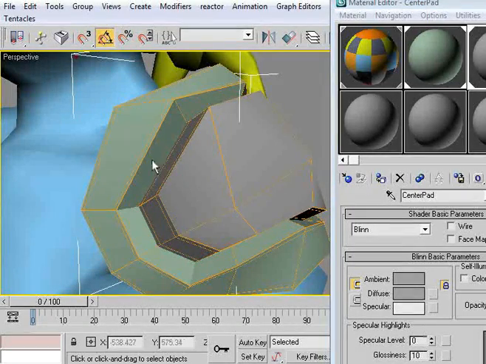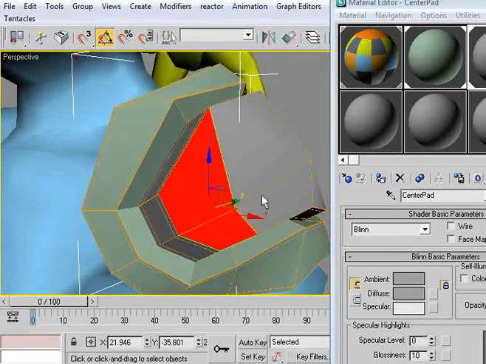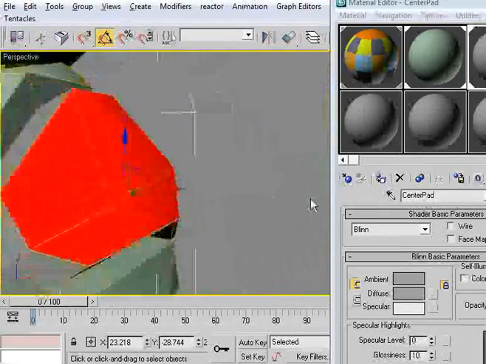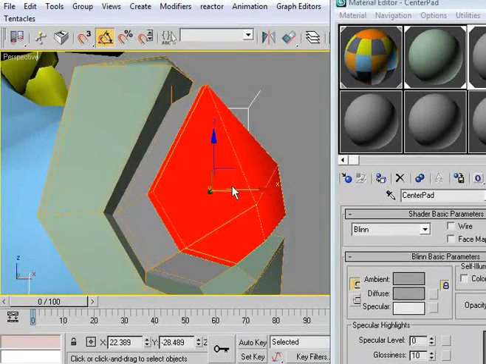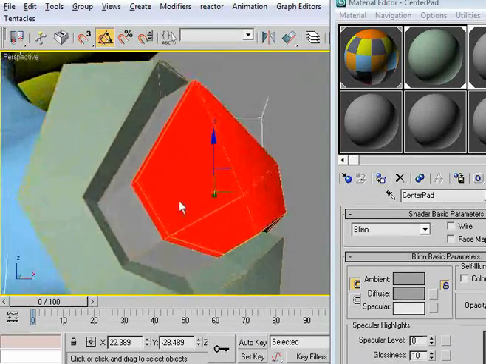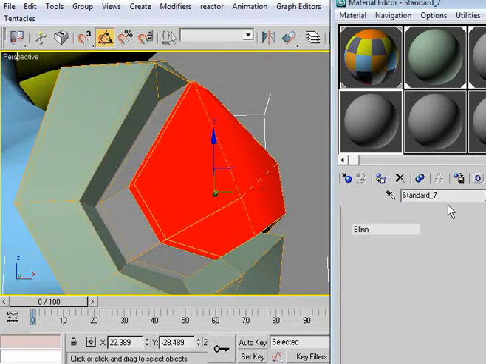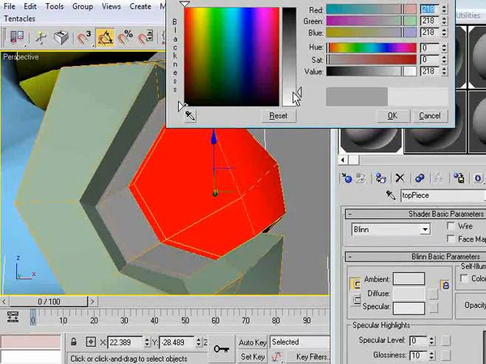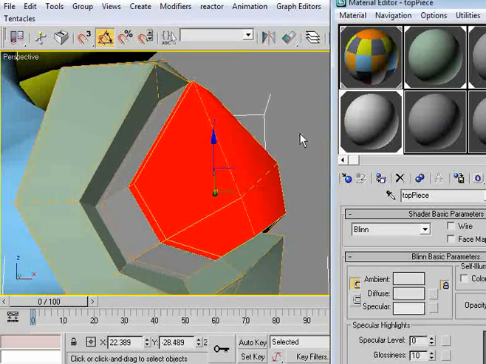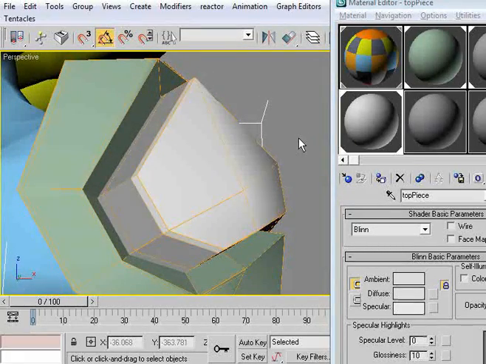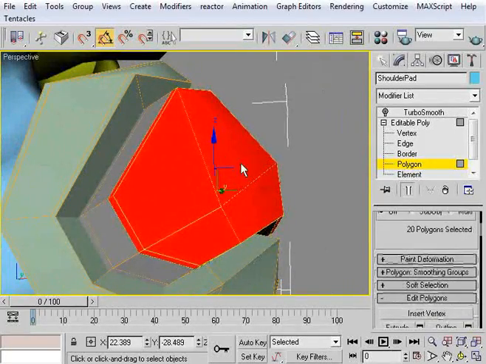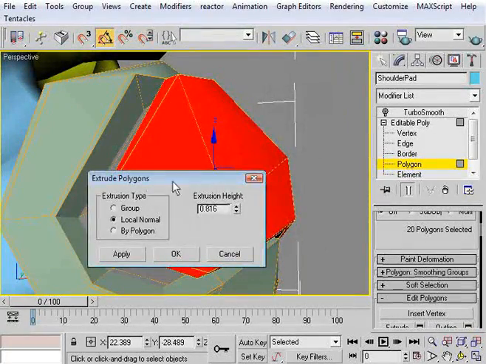Okay, now I'm going to do it again, control page up one time, so we're just on this top piece, and I'll go ahead and call it top piece, and assign it, and we'll give it a different color, something easy for now. Okay, like that. So undo, and now with this one selected, I'm going to go in and do an extrude,